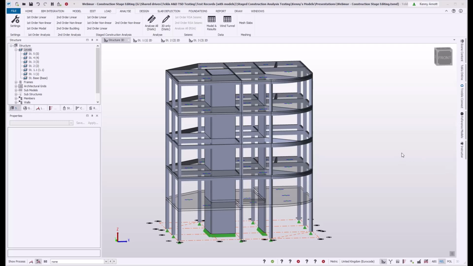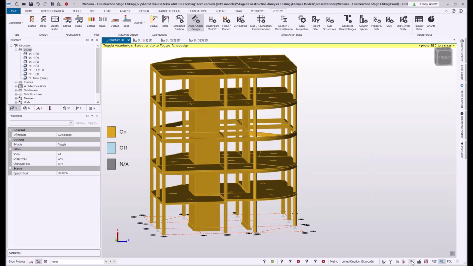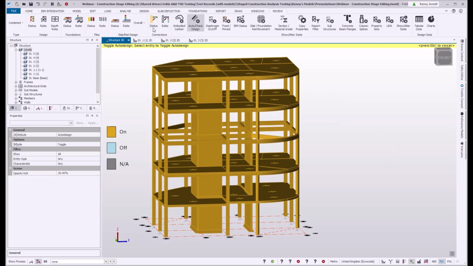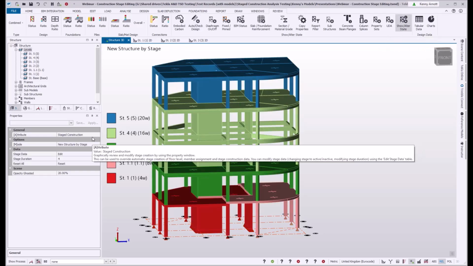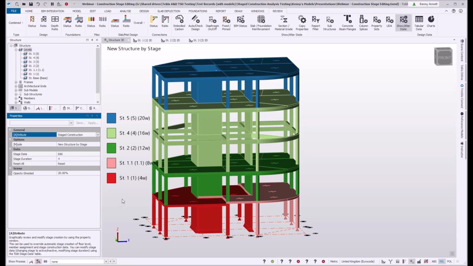Using this small model, I'm going to briefly demonstrate how you can review and edit the construction stage content. So first of all, you need to swap to the construction stage review view. Swap to the review view using your button option down at the bottom there. I'm looking at a review view now, not the one that I want. I have to go to the show alter state where I get a list, which you have to pick the stage construction from that you want to review.